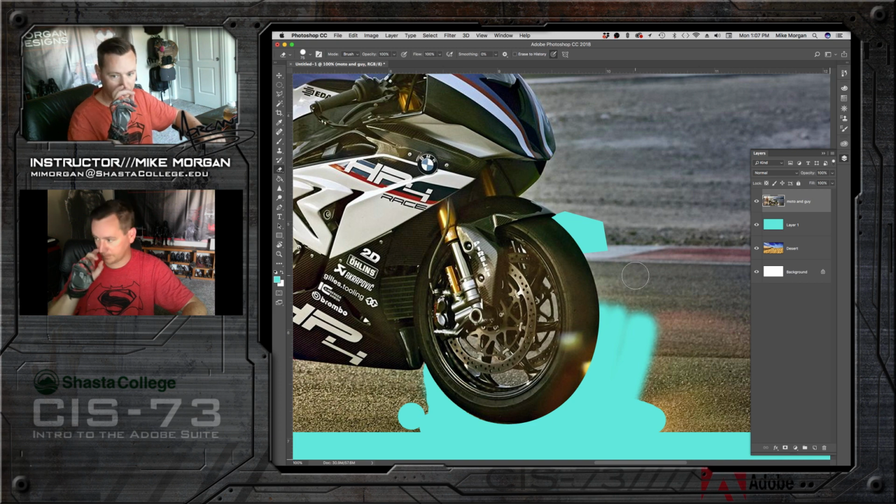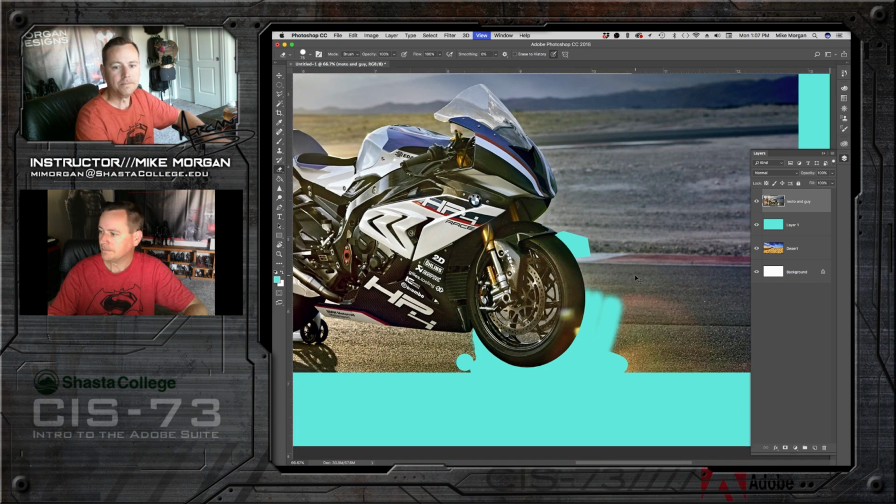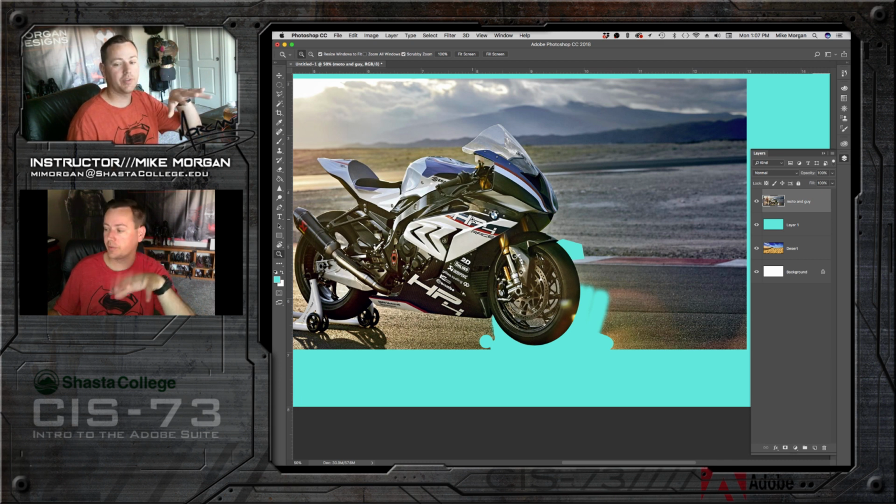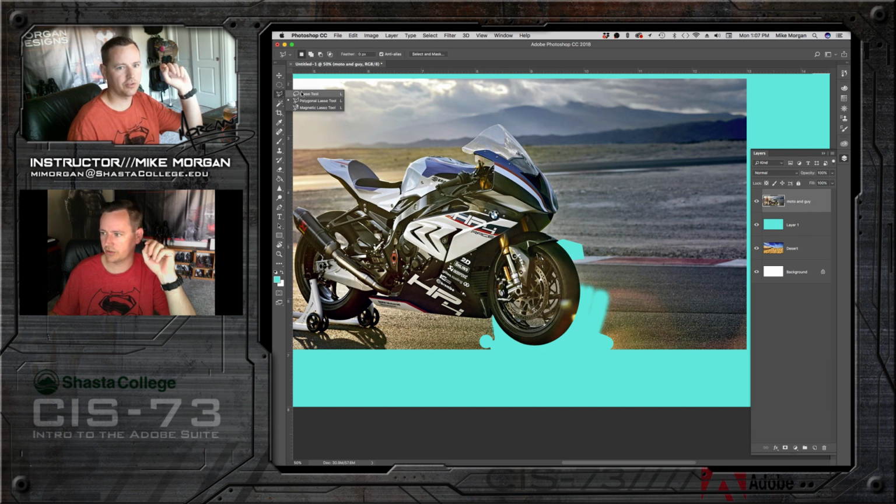Okay, so you've got your front tire cut out, and now we want to cut out some even more of this jargon. The only reason why I wanted to show you how to cut out a tire is because I want to show you there's a couple different ways than using what you would think to use, which is like this lasso tool. Okay, and you're thinking, oh, I'll just cut out the tire like that. Well, that's really hard